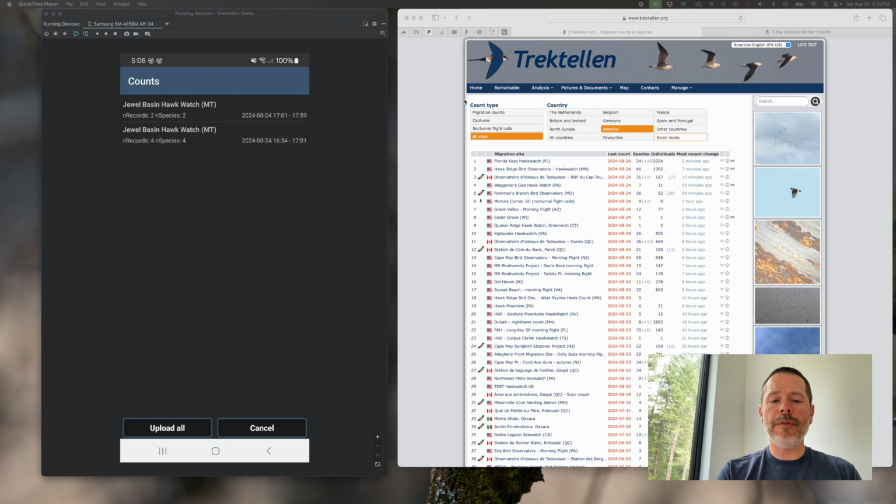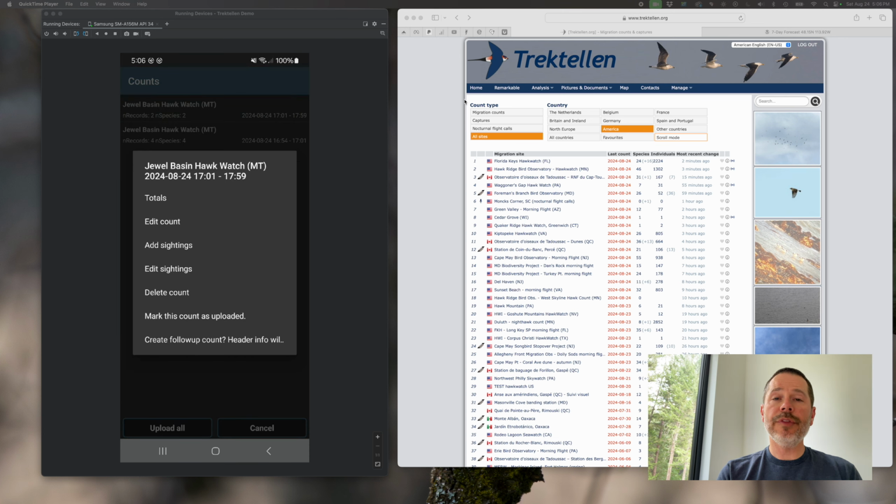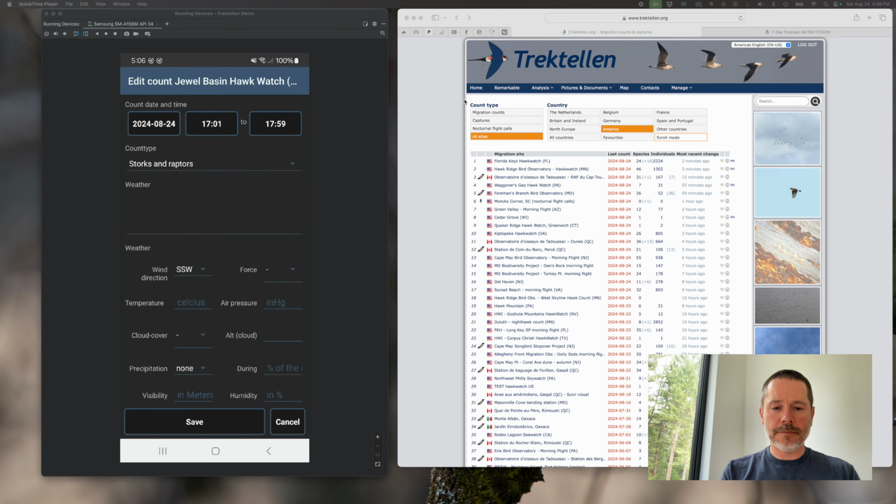And if you tap on that, if you need to edit the count, whether you need to change the weather info, or change a bird species, say that you had looked at something and somebody had taken a photo while you were up there and zoomed in and they're like, oh, actually that was really an adult dark morph broad-winged hawk instead of something else. So you can go ahead and edit that count, and if we hit save here,